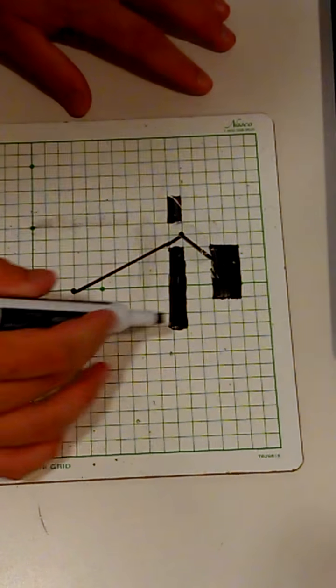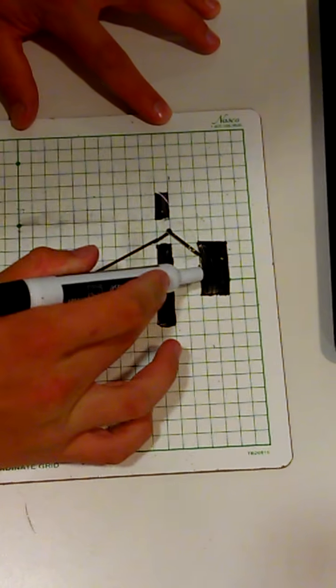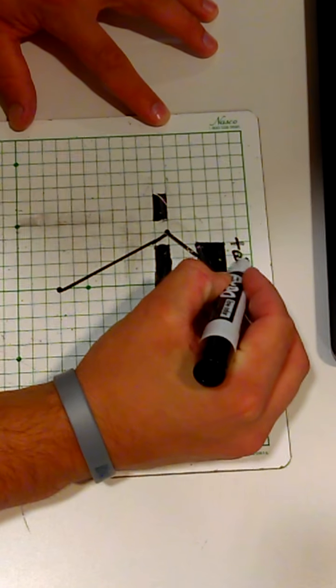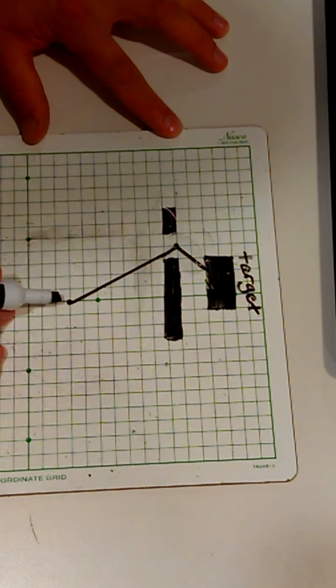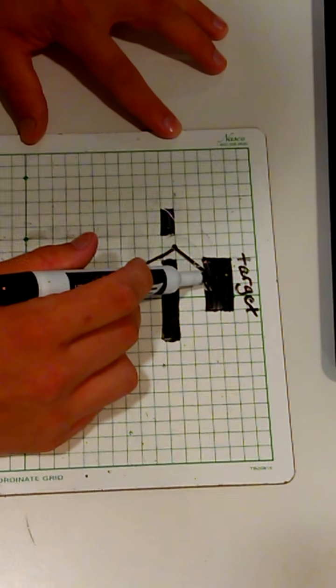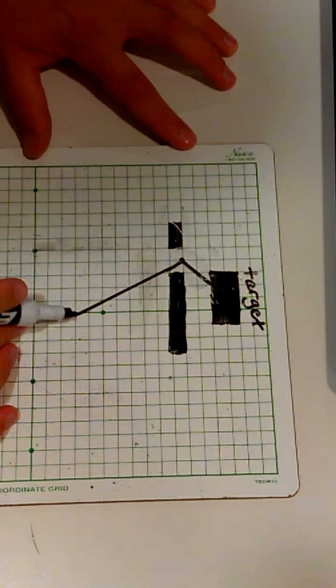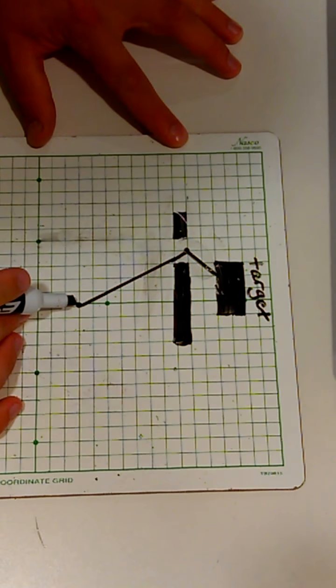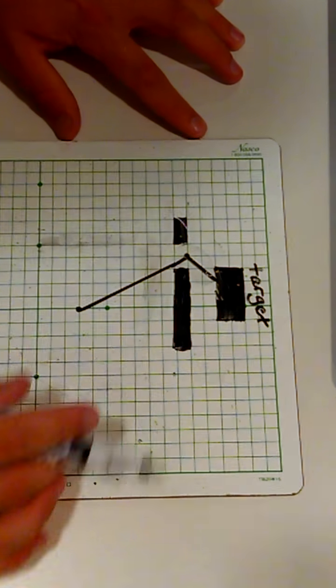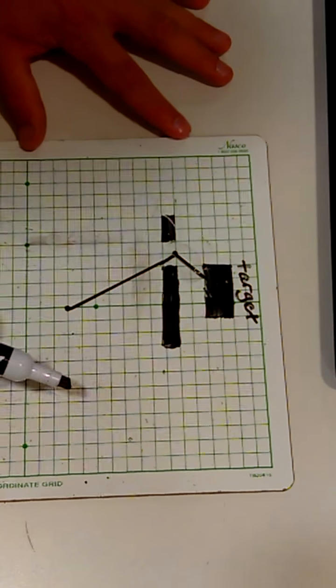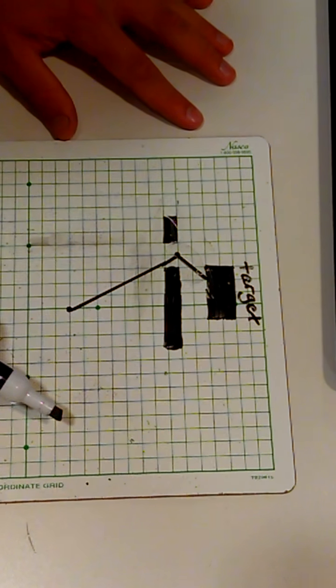So, these are obstacles, and this is the target here. We're trying to get that point in that target. As you see, that is a laser, and you cannot simply point straight into that target because of that obstacle there. So we're using mirrors to basically reflect the laser itself